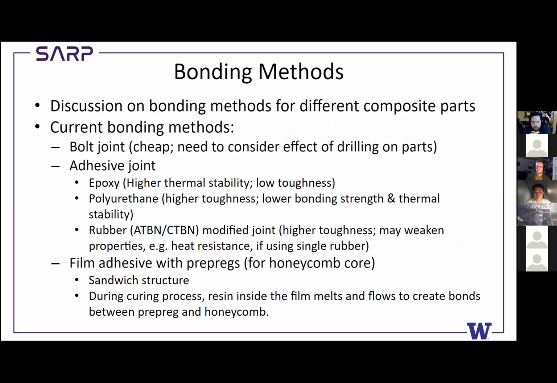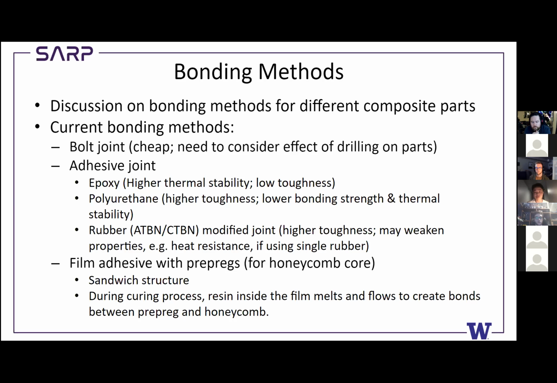All right, hey guys, I'm Vincent from the Recovery Coupler team, and I'll be introducing bonding methods. So here are 3 current bonding methods that we investigated: bolt joint, adhesive joint, and film adhesive with prepregs. The first 2 joint methods are mainly used on aluminum and carbon fiber composite parts. As for bolt joint, it's basically just using bolts to connect 2 parts. It's pretty cheap and easily attainable, but we need to